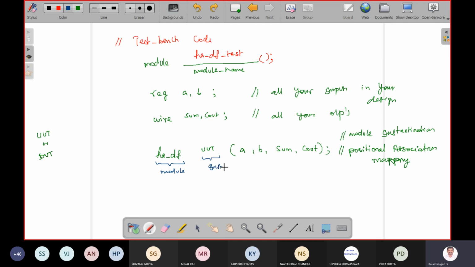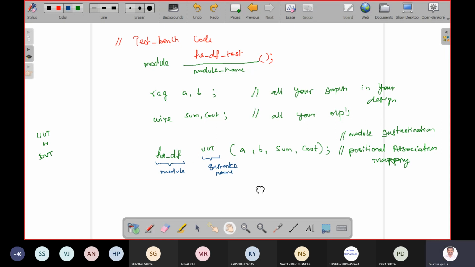Unit under test. Instance name. Then this is what we call as positional mapping. So without this line, your test bench won't generate the output because you are feeding this input to the design code only.